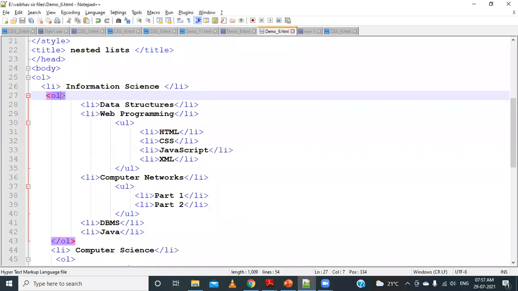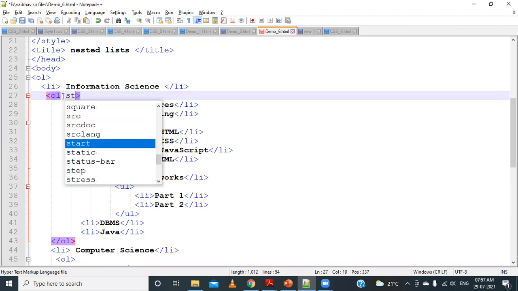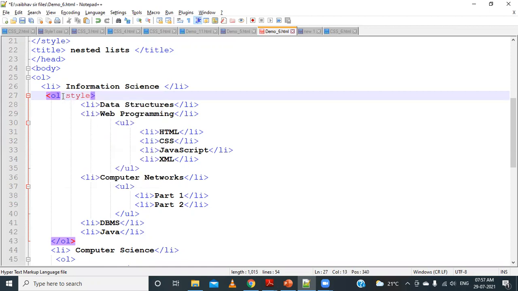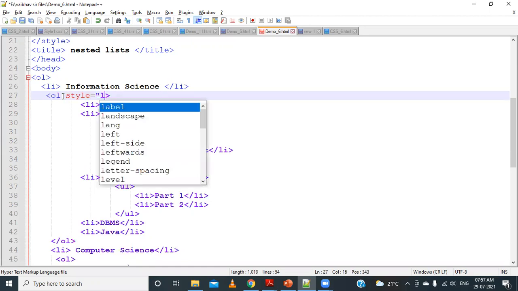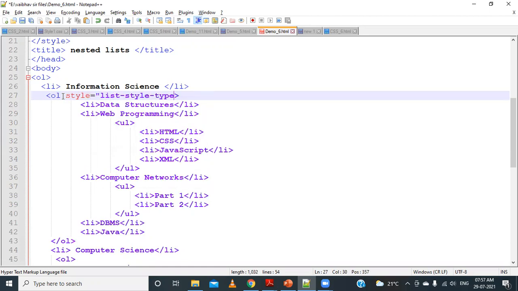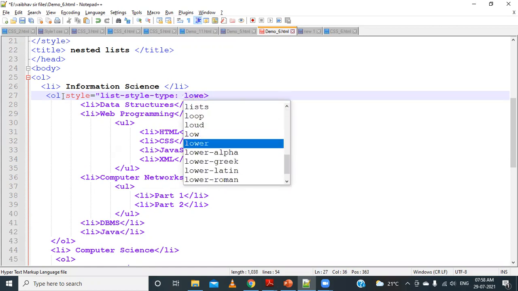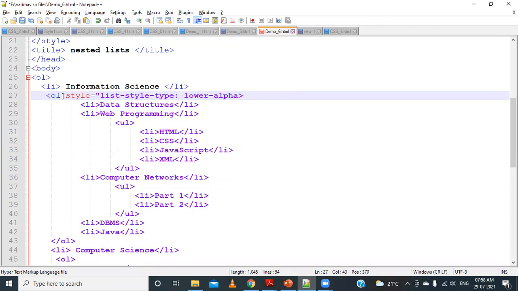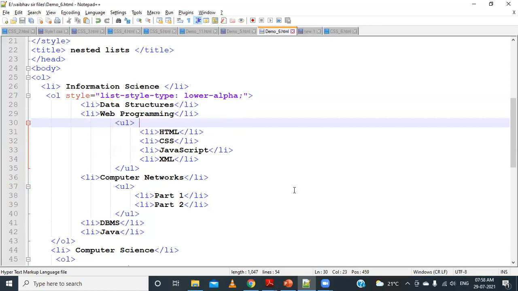So we'll say OL, and inside that, at the inline level we are applying, we'll say style, list-style-type. Here we have to specify it, so if I want lower-alpha, I will say list-style-type: lower-alpha, then put a semicolon and close it. So let's run this now.